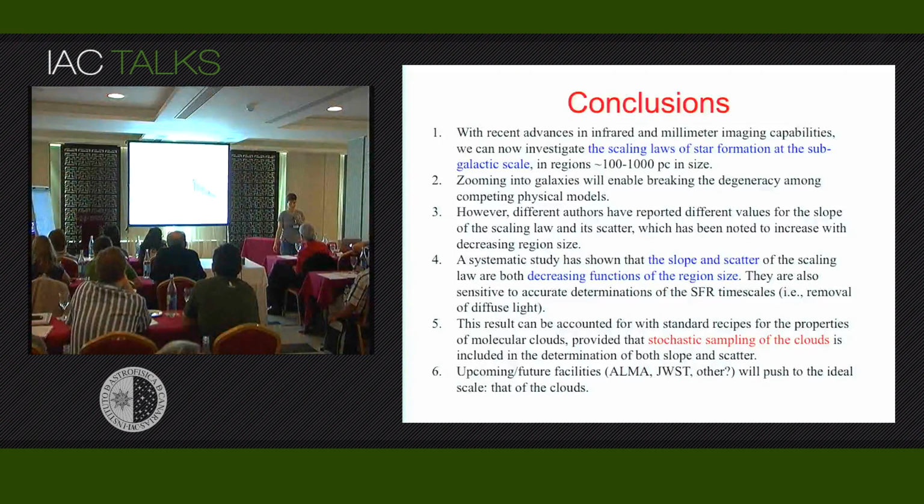When you're looking at the effects of stochastic sampling of the molecular cloud mass function, are you still imposing the criterion of constant surface density? And if yes, should you start to be worried about constant surface density? The last criterion.